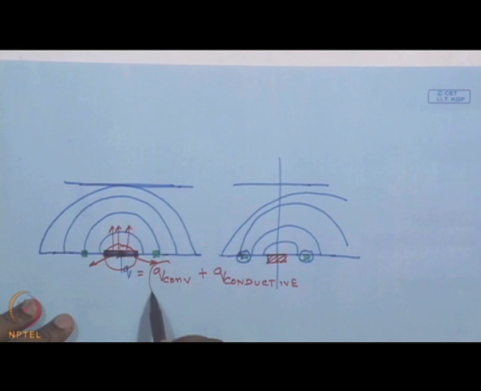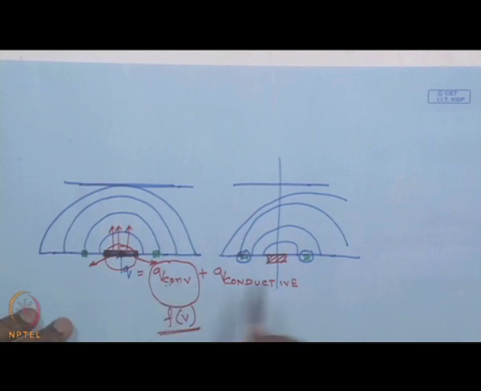Now, this convective heat loss is going to be a function of the fluid velocity. So, we are going to see what is going to be the functional form of Q convection in such a case. Whereas, Q conductive is going to depend on the thermal conductivity, and on the temperature difference